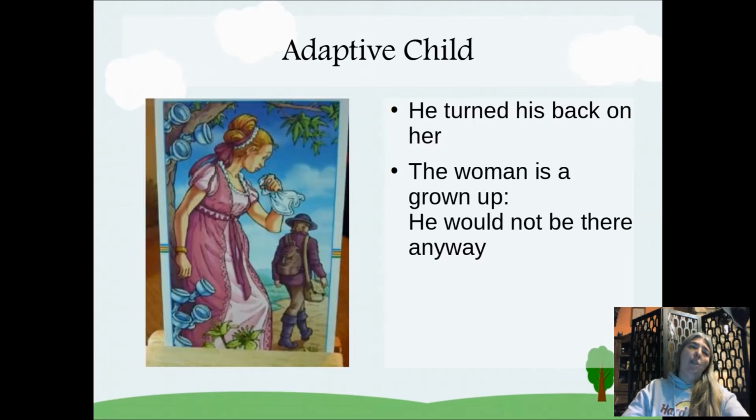But the next thing she saw on that card was that this woman wasn't a child anymore. And she came up with a quite adult idea. It was as if the adult kicked in when she explained the card, that, well, even if her childhood would have been a great one and a good one, with the father caring for her, now at her age that she had right now, he wouldn't be there anyway. Not because he left her, but because as a grown-up you don't have your parents next to you at every step you do. So that it was maybe the moment to, well, say goodbye to him in a certain way,